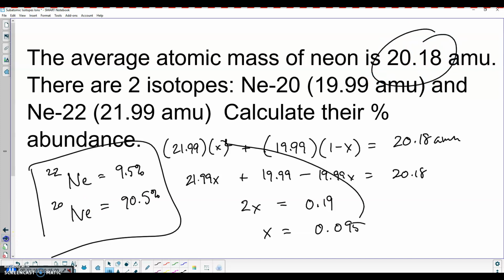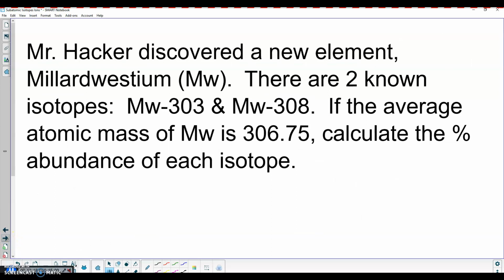I'm going to do one last one. Mr. Acker discovered a new element, Millard-Westium. 2 known isotopes, there they are. The average atomic mass is this. What's their percent abundance? So, let's see. We're going to take the heavier of the two, 308, and call it X. To this, we're going to add the second one, which we said is 303, and 100% minus whatever the first percent is going to give us our average of